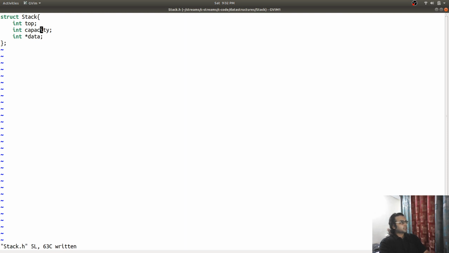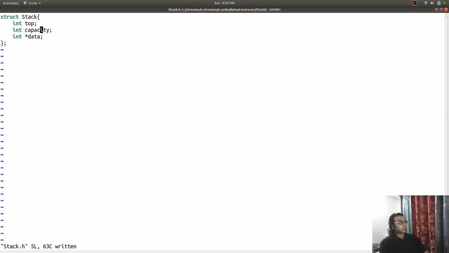Next is capacity, the maximum size that this stack is going to hold, and before that it is top. The reason I am putting the top variable as the first memory allocation is that I will be accessing it a lot, whether it is deletion, access, pushing or popping values from the stack. I need capacity in the cases where I check whether my stack is full or empty.